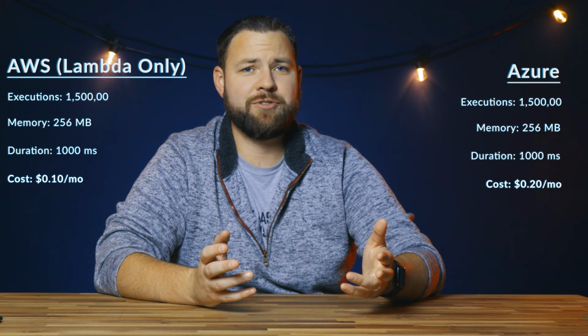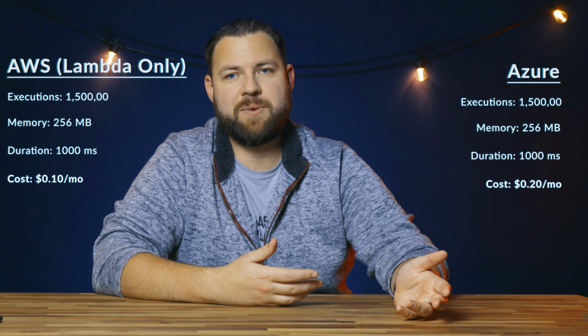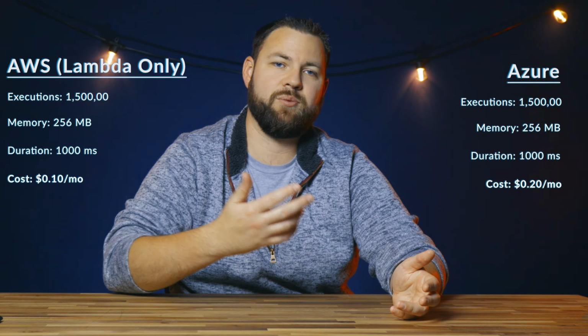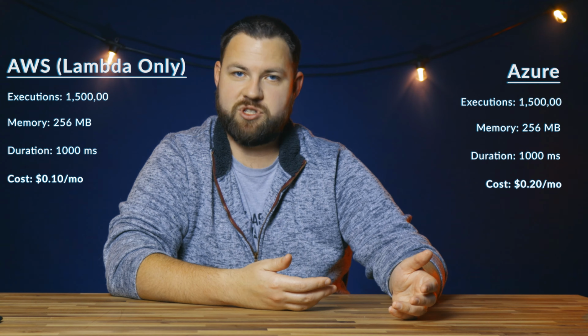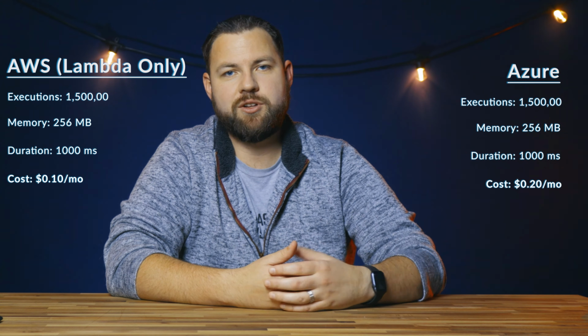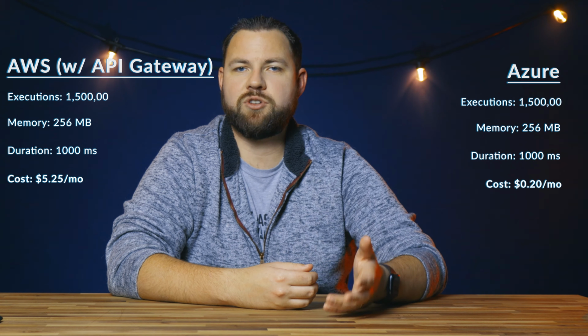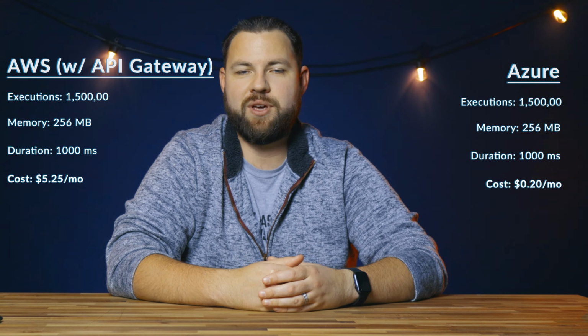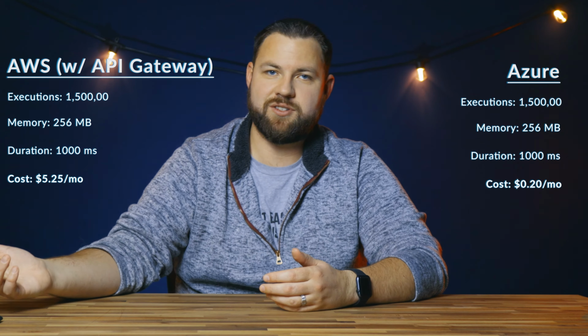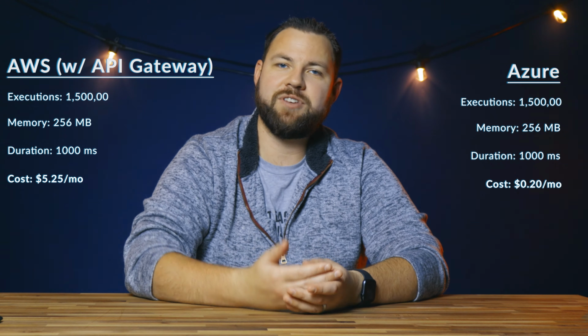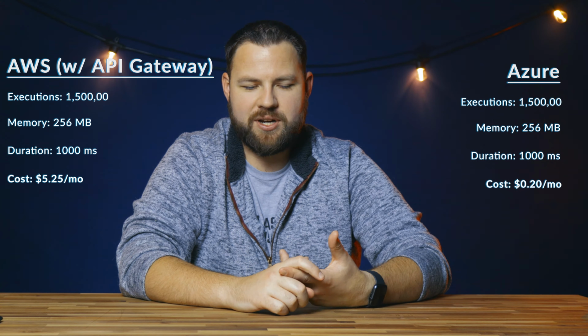So confusing or not, this API gateway definitely makes calling your function or accessing it from a REST API perspective much simpler. But you are paying for it, as I said earlier. You're going to pay a whopping $5.25 per month with your function or Lambda and the API gateway combined versus the 20 cents that you got from Azure. So both on a feature set, capability to use different operating systems, how the whole function concept is presented to you, and on a pricing aspect, I think Azure takes a huge win when it comes to functions.